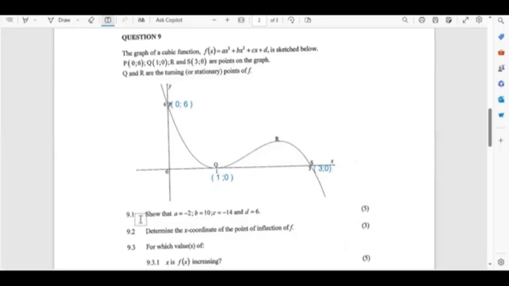Now, the first question: show that a is equal to negative 2, b is equal to 10, c is negative 14, and d is 6. Basically, they're asking us to prove that the equation for this function is minus 2x cubed plus 10x squared minus 14x plus 6. Whenever I have this kind of calculus question where I'm required to determine the equation of a cubic function, I make use of this formula: y is equal to a, x minus x1,